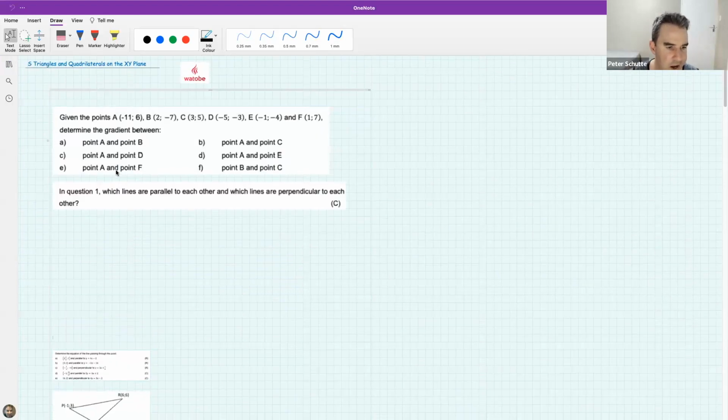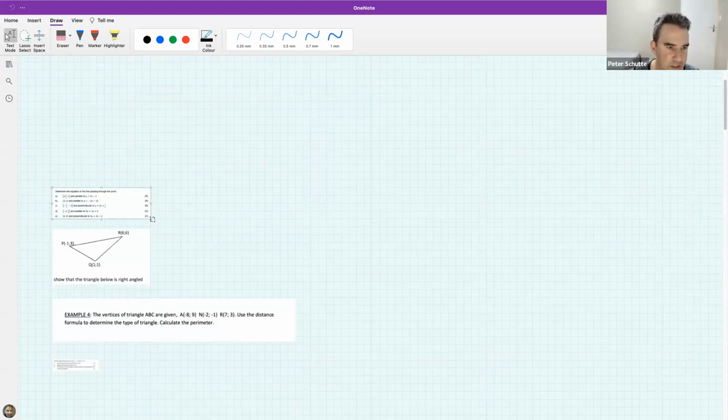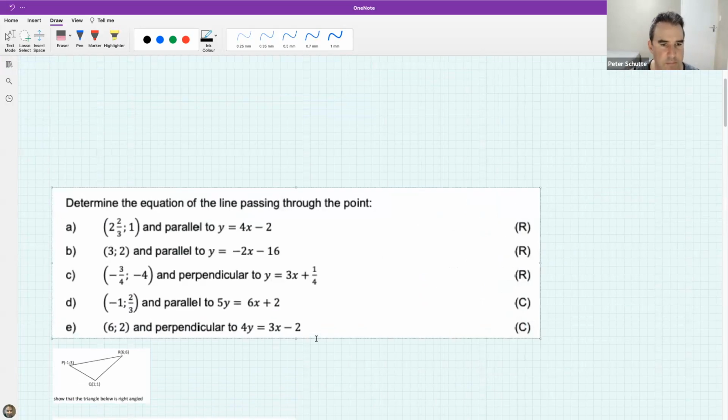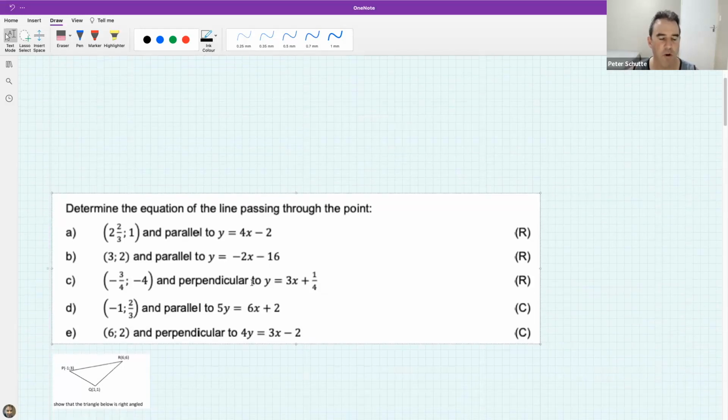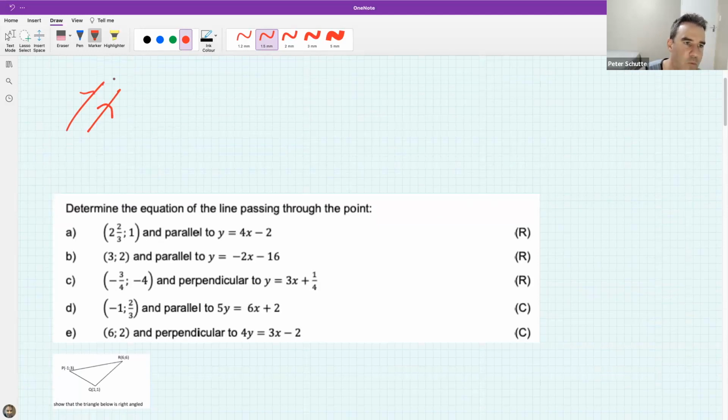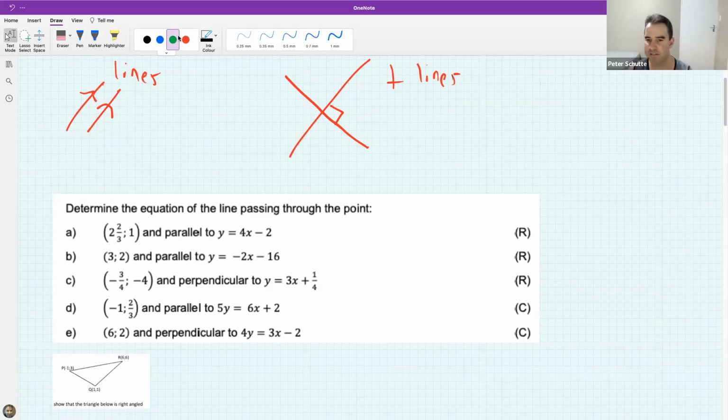So I want to start with this exercise, which I thought was a nice one. But before I do that, I just want to know about what is the relationship between parallel lines? So what did we learn a little bit at the end of last lesson? And what's the relationship between perpendicular lines? Maybe somebody can tell me, or you can put it in the chat. It's quite important we have this information